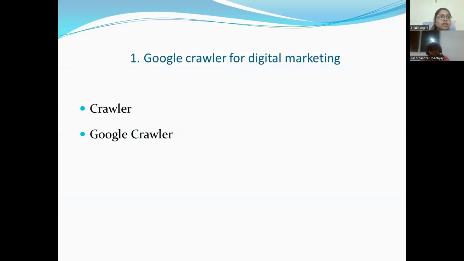First, what is a crawler? A crawler is something which is used to gather information from public websites. The information or content which we get is either complete or partial, and it is in an easily manageable format. Next, what is Google Crawler? Many search engines are used for crawling, but in this task I am using Google for the crawling process.